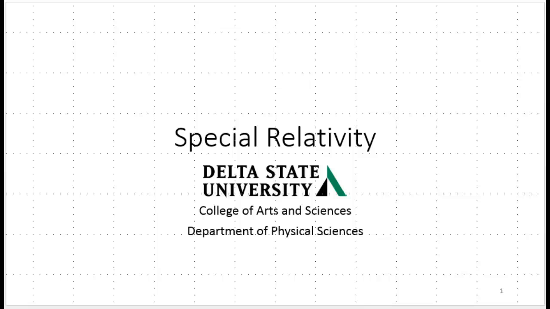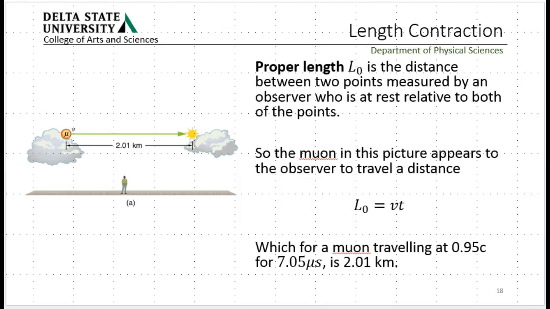All right, on to part 3 of special relativity. We're going to call the proper length of something the distance between 2 points measured by an observer who is at rest relative to both of the points. So in this picture, for instance, these clouds are sitting still and you're the observer. The distance between the clouds is their proper distance or proper length, and in this case it's 2.01 kilometers, but